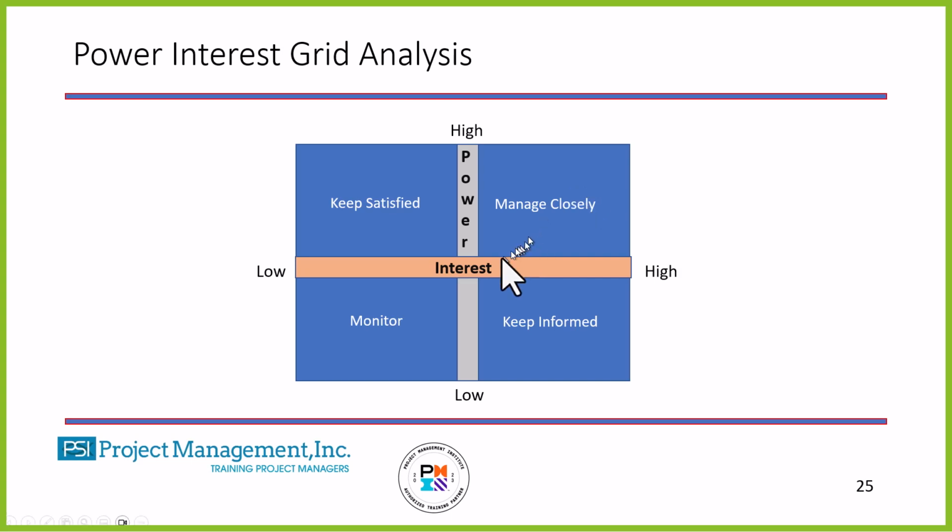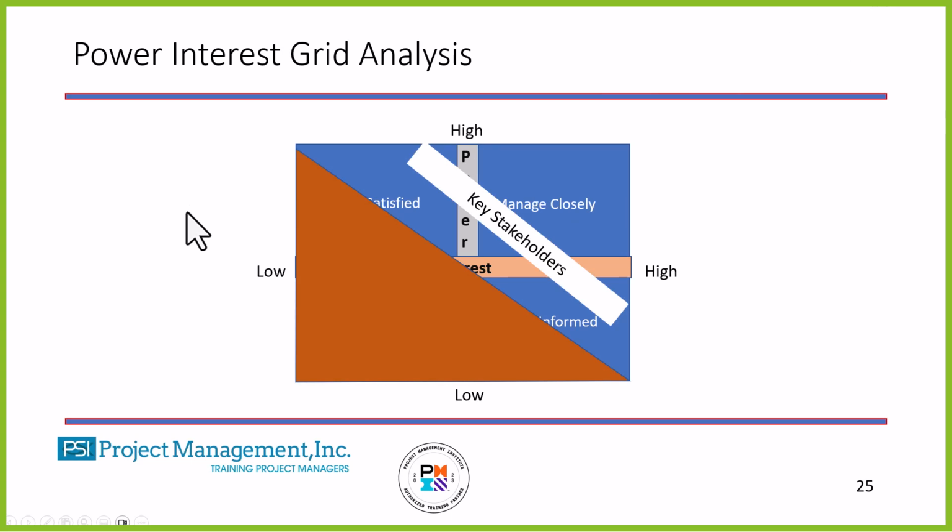We want to keep the people that have the interest but low power informed. The people that have low interest and low power, we want to monitor because it can change. The people that have high power and low interest, we want to keep satisfied. So if I add another cross to this,